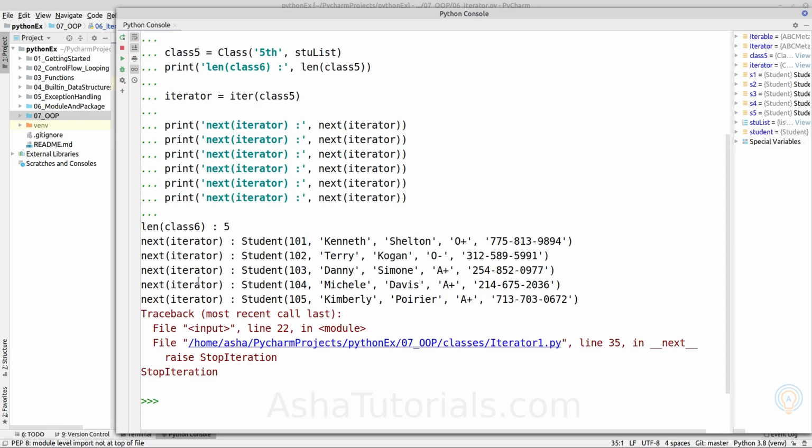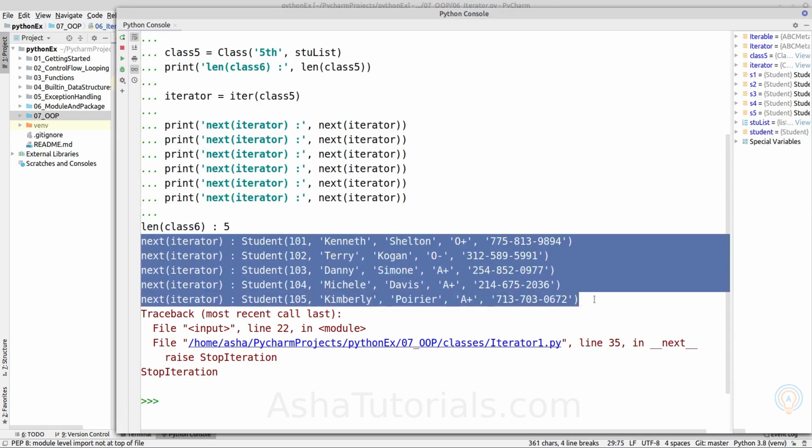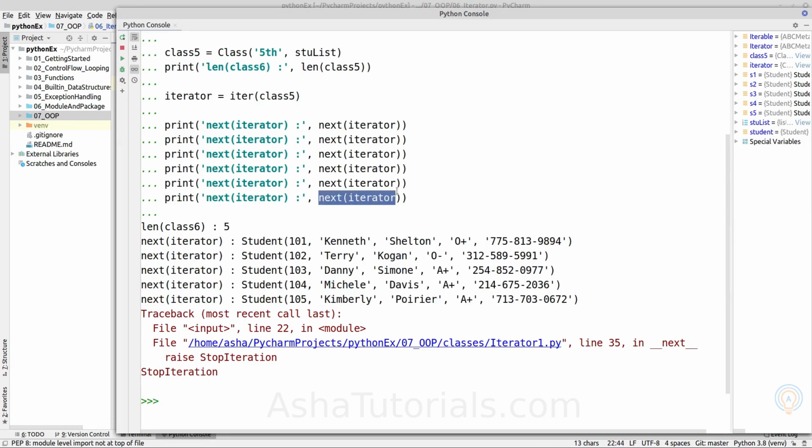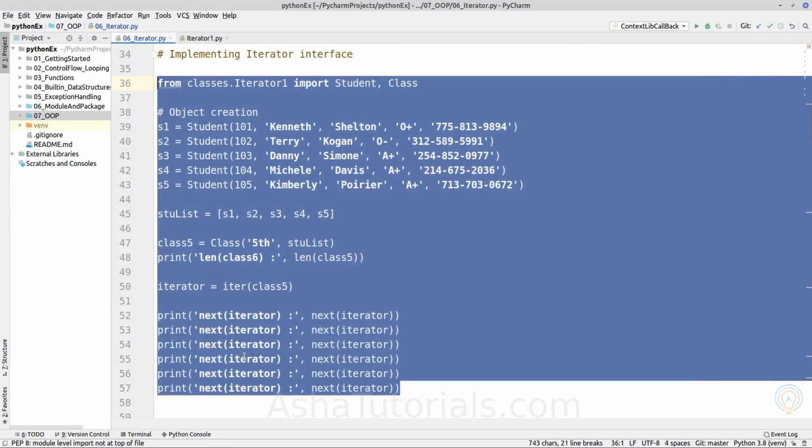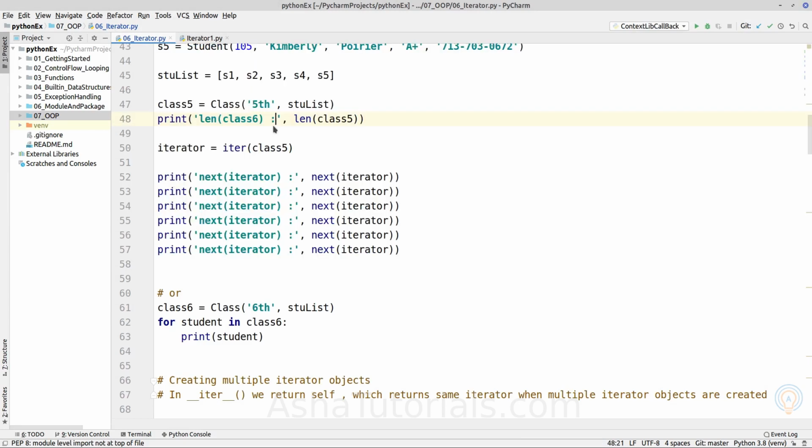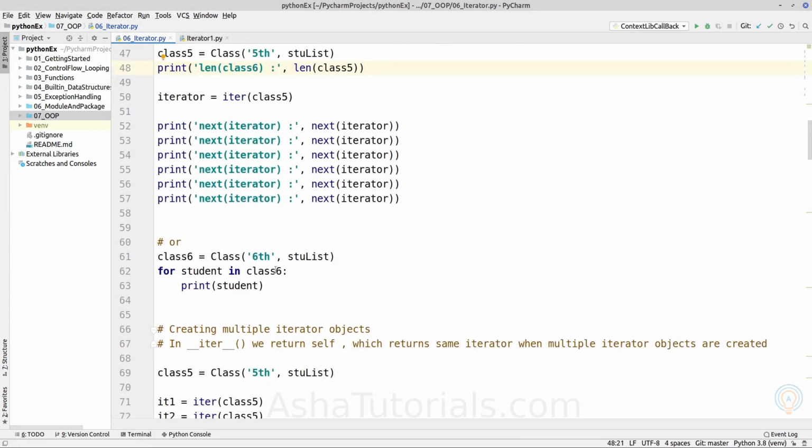As we can see here, first it is iterating over the 5 students, and when we call the sixth next, it raises StopIteration error, which will stop the for loop. Now using the same object, we will iterate with a for each loop.